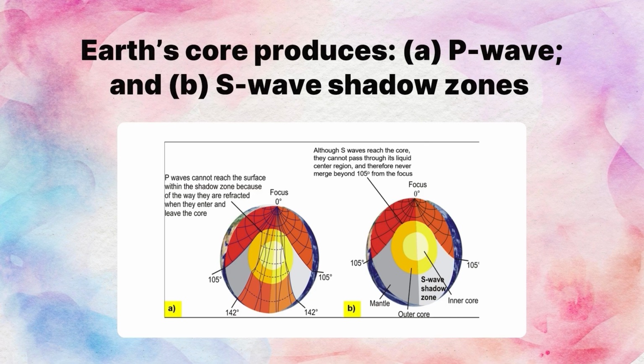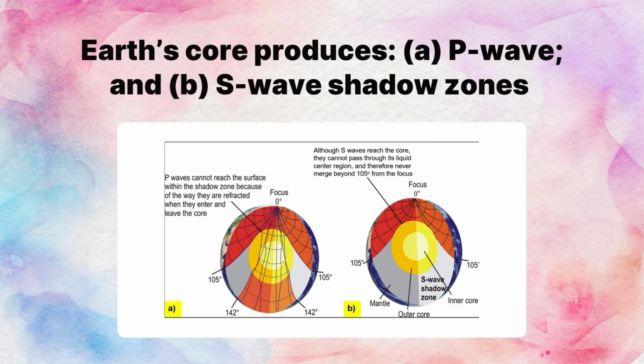This is the core and this is the shadow zone. Similarly here, although S waves reach the core, they cannot pass through its liquid central region, and therefore never emerge beyond